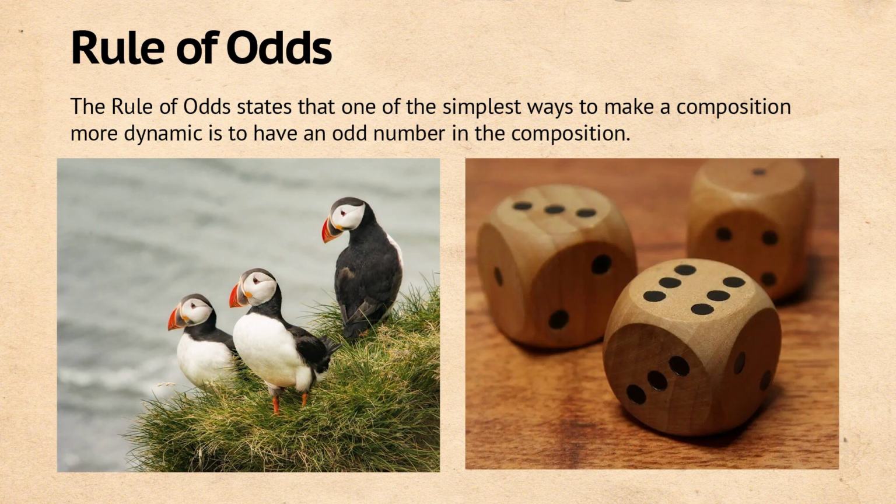The last rule I want to share with you is the rule of odds. It simply states that one of the simplest ways to make a composition more dynamic is to have an odd number in the composition. For example, instead of having just two characters in your scene, you may want to consider adding in another character to make the composition a little bit more dynamic. The reason why this rule works is because having an odd number of elements in the canvas inherently breaks the